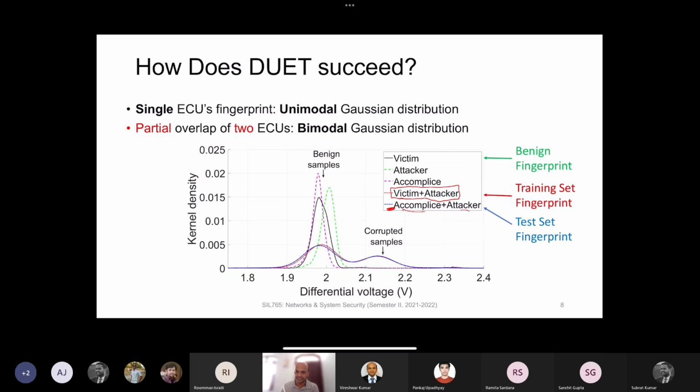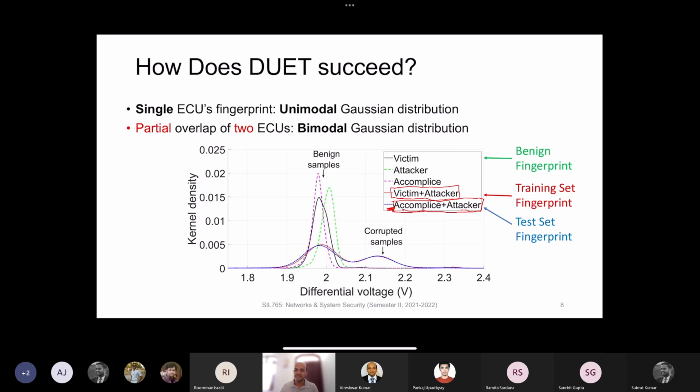Then in the operation, or test phase, the accomplice impersonates the victim and the attacker again assists the accomplice, transmitting when the accomplice is transmitting. The voltage distribution of accomplice plus attacker is very close to that of victim plus attacker, and therefore the intrusion detection system will not